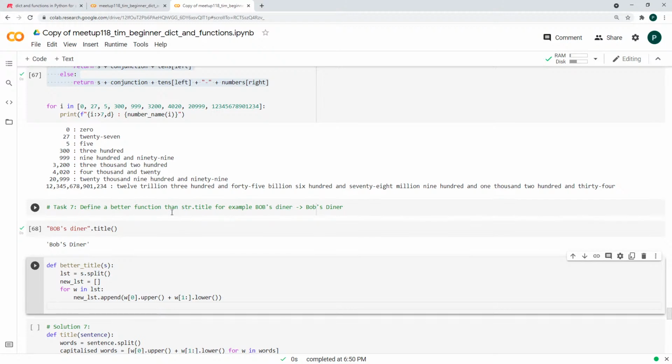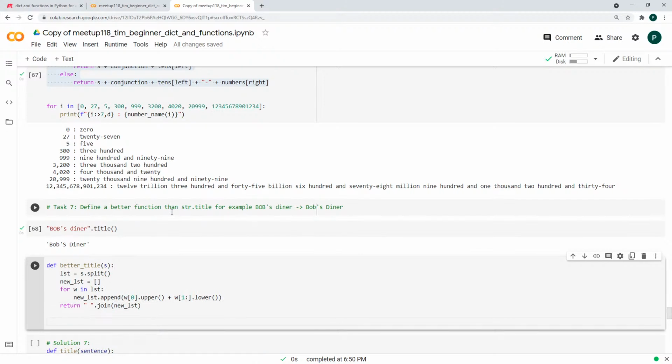And then we'll just join them up at the end, and we can say space dot join the new list. Okay, and let's try running that